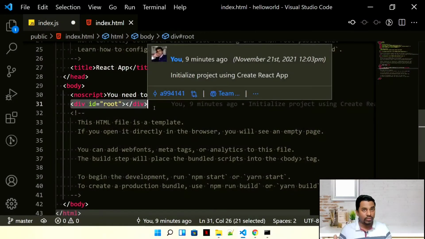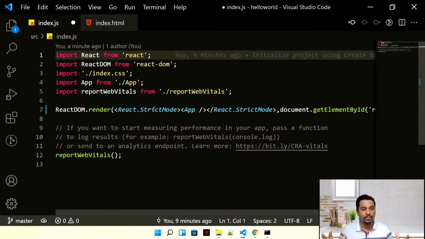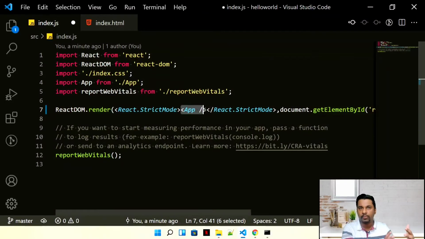So what this whole thing is doing is searching for a tag in the body which has an id equal to root, that is the div, and whenever it finds this div, it asks ReactDOM to render your whole application there. It's as simple and as interesting as that. So what component are we loading? We are loading a default component, that is our App component. This would be our first component which will help to render all the other components.